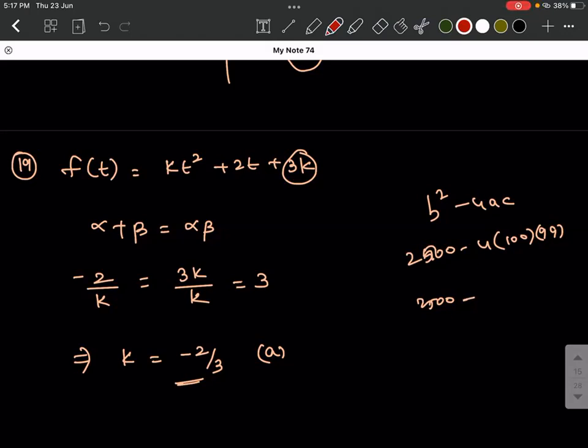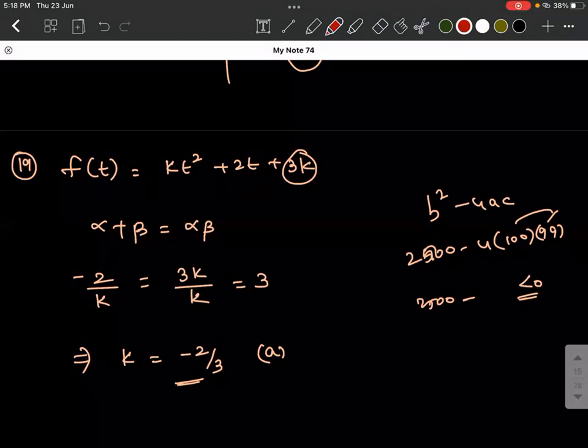If I take 99 as approximately 100, 100 into 100 is 10,000, and 10,000 into 4 is 40,000. So 2500 minus a number close to 40,000 will have a negative value. When the discriminant is less than 0, it will not have any real roots. So the answer is,